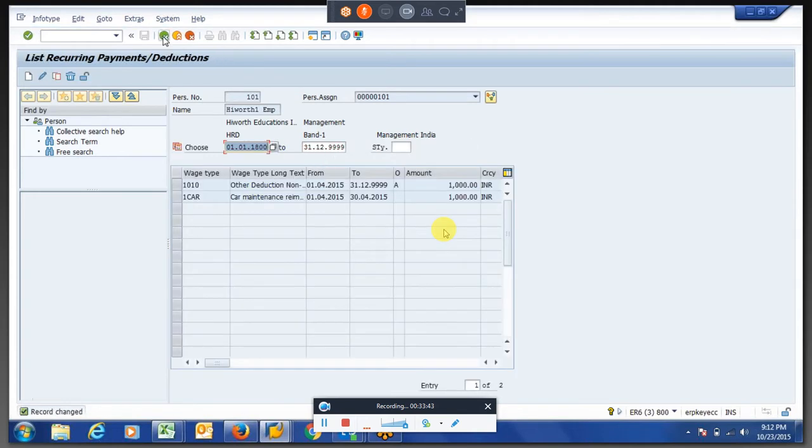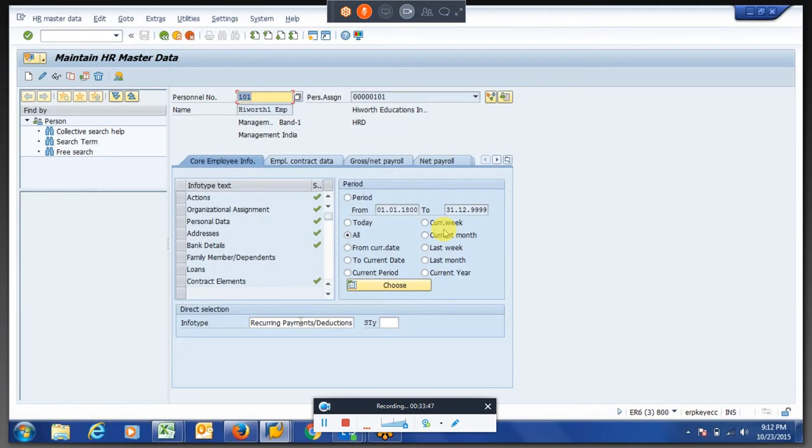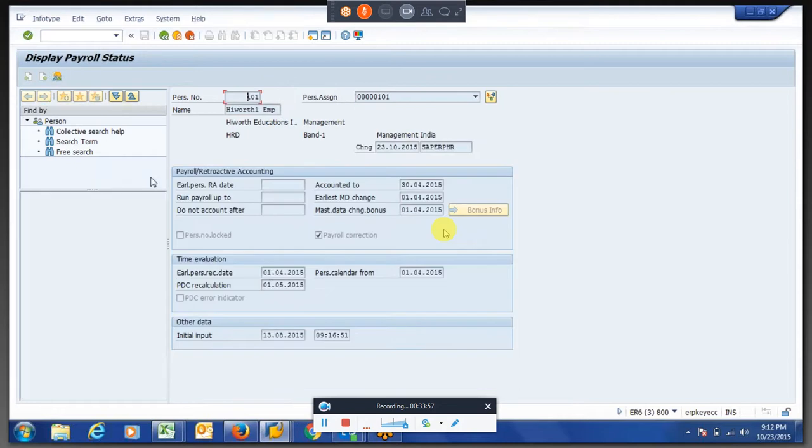Once I change this to 1st of April, the payroll will trigger and even time management will trigger for that particular date. Here also you got this date, so both payroll and time will go to retro.